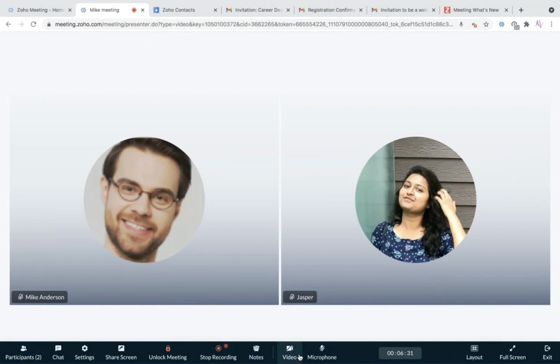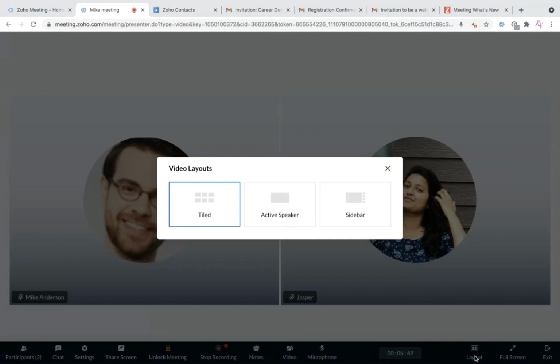So using the microphone and the camera buttons, you can have access to control your audio and video by muting or unmuting them. Session timer. In order to stick to the meeting time, you can use the session timer and track the duration of how long the session is being hosted. Layouts. We have introduced multiple layouts options to view the video feeds in gallery view, active speaker, and the sidebar.